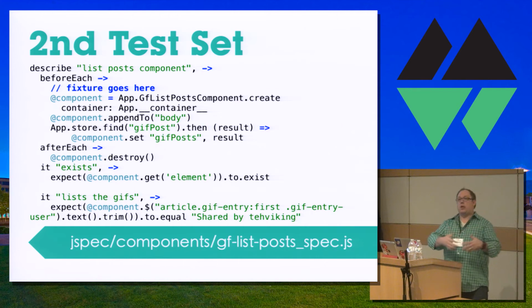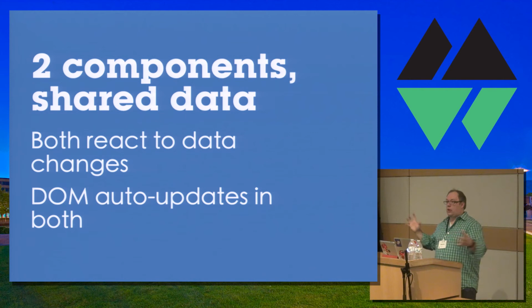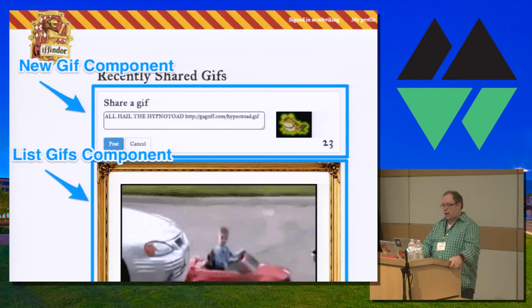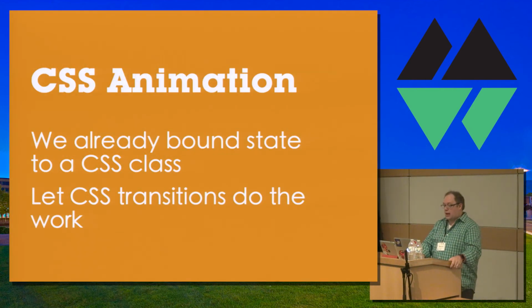We actually have a pretty good pattern set forward now for how to test these components. And they show that these show up just as you expect them to. And we can drive out the delete functionality from there. So now we have two components totally in separate spaces, but they rely on a shared set of data and state. They're talking to each other. So a create in one place adds to things in the second place. So that's a lot of boilerplate code we didn't have to write. We just trust that the data layer does its job.